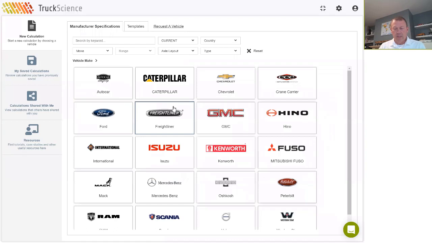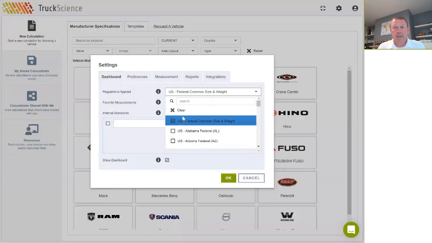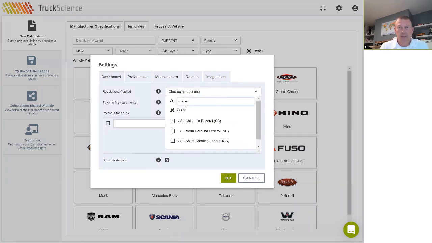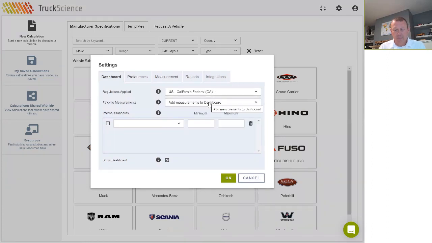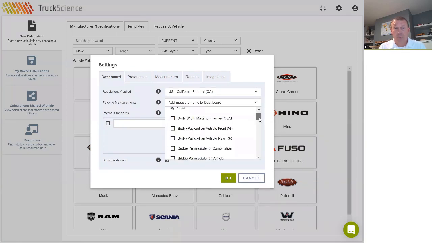So first of all, we're designing the service truck for operation in California. So I'll set up the regulation to validate against that. It's set to the US Federal Common Size and Weight regulations by default, but I'll select the Californian regulations. I'll also select a few attributes of the vehicle and of the build that we might be interested in, and I'll choose